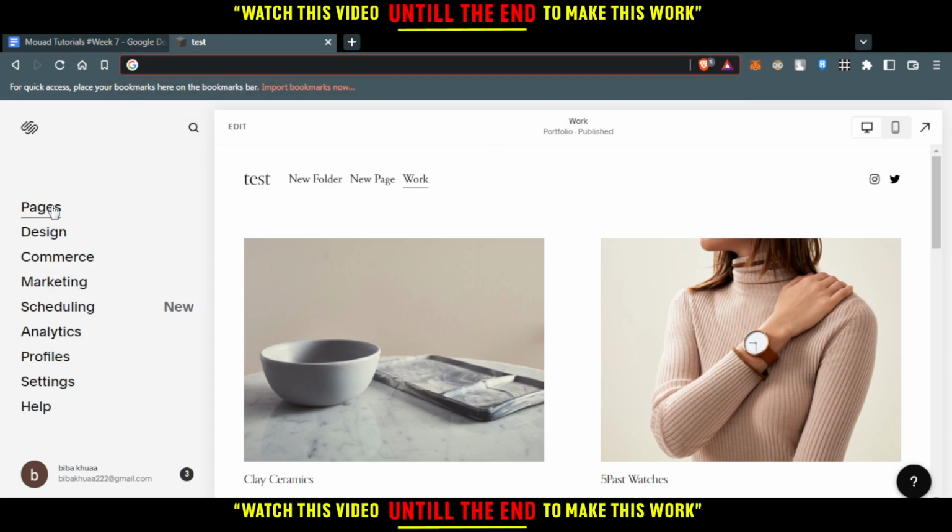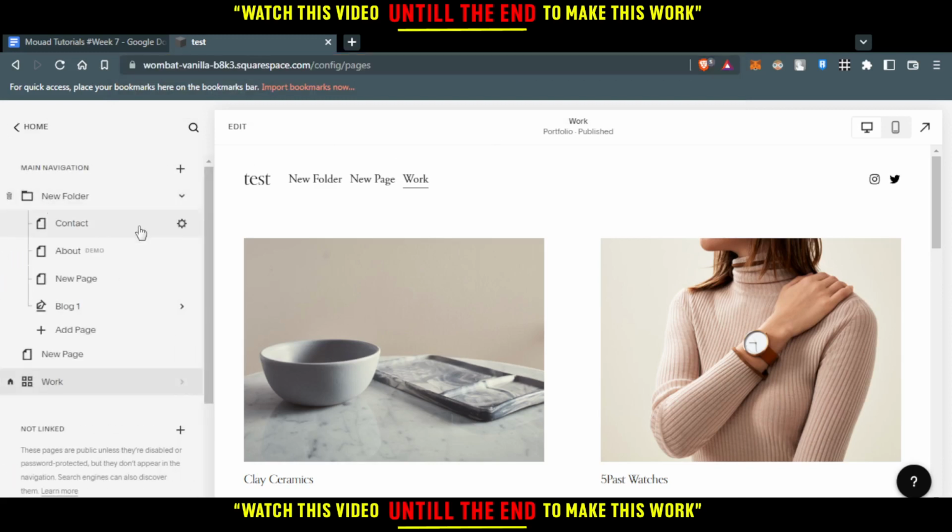So all we need to do is click on pages here. And as you can see, I have some pages here. Let's ignore this blog. I have like 3 pages. So let's say as an example, I want to hide one of them. So all I need to do is go